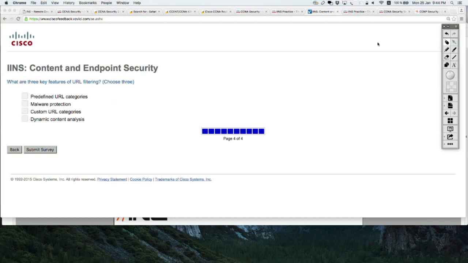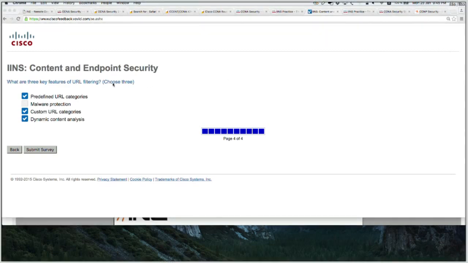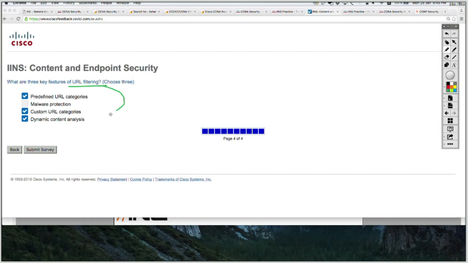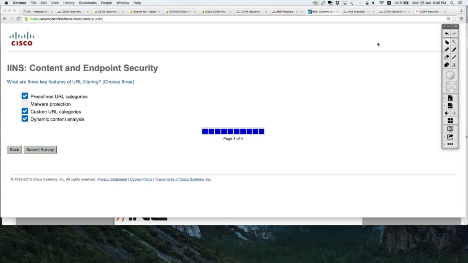So I'm going to choose the one which is more correct than the other one: predefined, custom, and dynamic content analysis, because 100% URL filtering doesn't do malware protection. URL filtering is closer to being able to do dynamic content analysis than malware protection. So let's submit the survey.